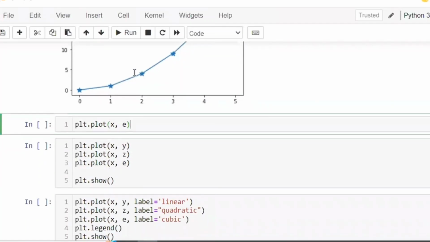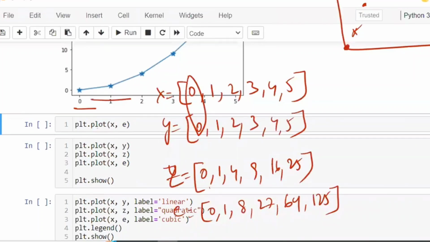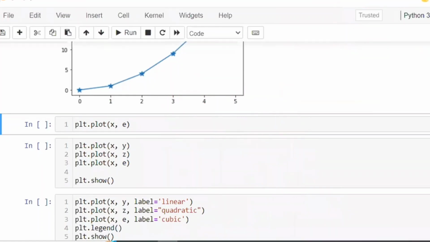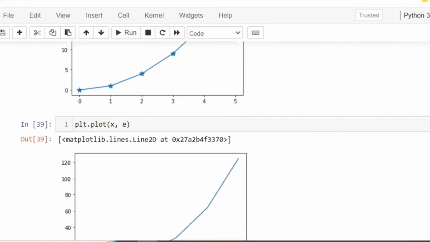Similarly, x comma e. What is x comma e? X is nothing but 0, 1, 2, 3, 4, 5. E is nothing but 0, 1, 8, 27, 64, 125. So here the number of x values and number of this one both should be equal. If one of them is with respect to like this and second one is not having that one, 0, 0, 1, 1, 2, 8, 3, 27, 4, 64. For 125, what is the number? How can it plot that scatter plot first? Without scatter plot, how can we make the line plot? So it is going to throw an error if the number of values are not equal. And you are going to have like this,